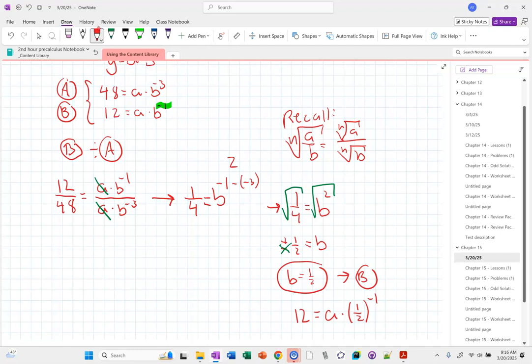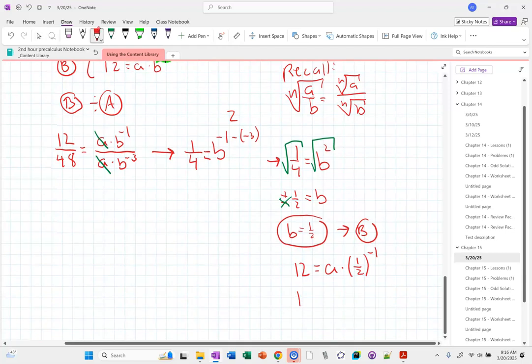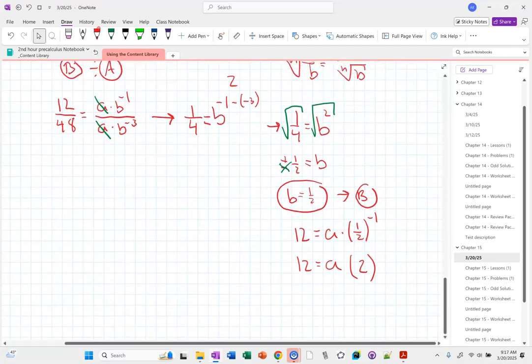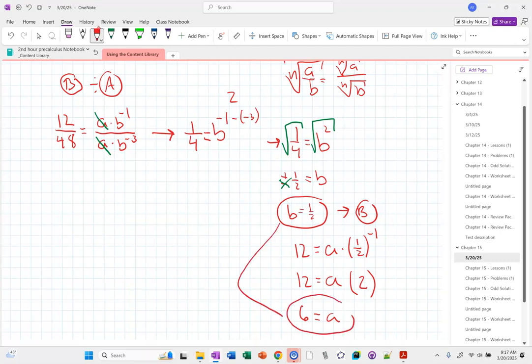Everybody's okay with that? What is 1/2 to the -1 power? If I have a fraction to a negative exponent, it makes a reciprocal, right? It just flips it. So if I divide both sides by 2, I get A is equal to 6. So if I put those both together,